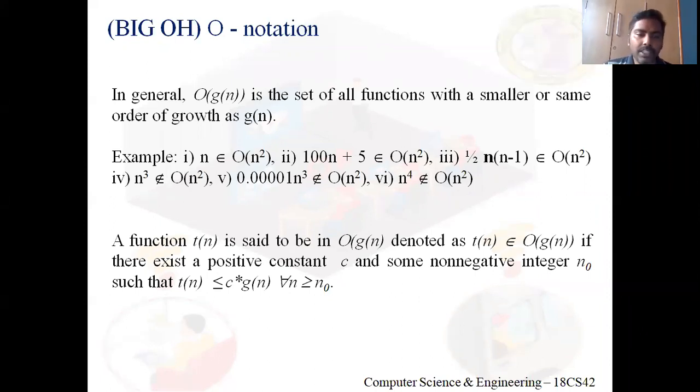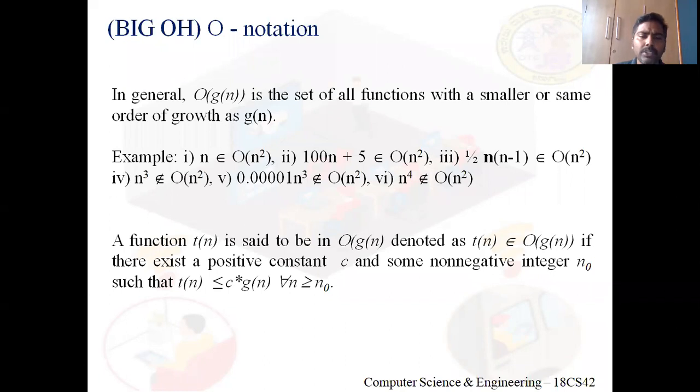Now, the formal definition. You are given two functions. One is t of n, and the other function is g of n. Now you need to tell me whether t of n belongs to big O of g of n. If I want to say t of n belongs to big O of g of n, then the growth rate of t of n should be less than or equal to the growth rate of g of n. In this definition, a function t of n is said to be in big O of g of n, denoted t of n belongs to big O of g of n,